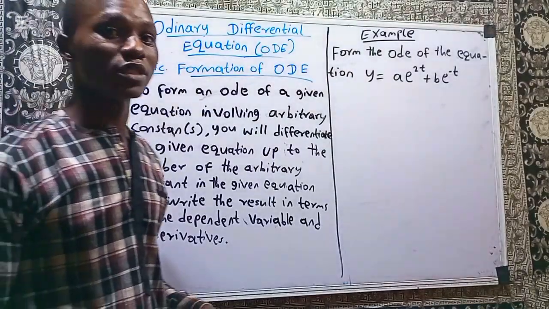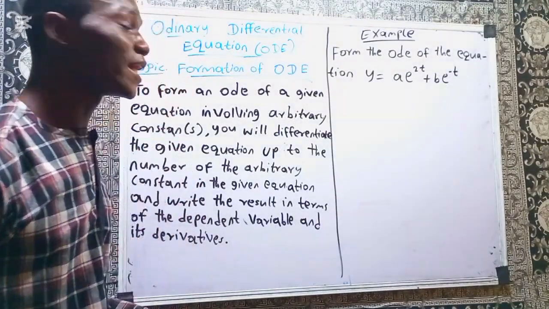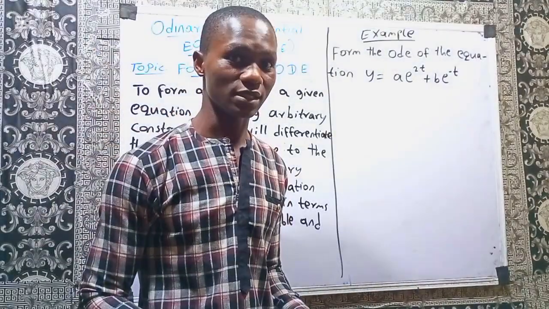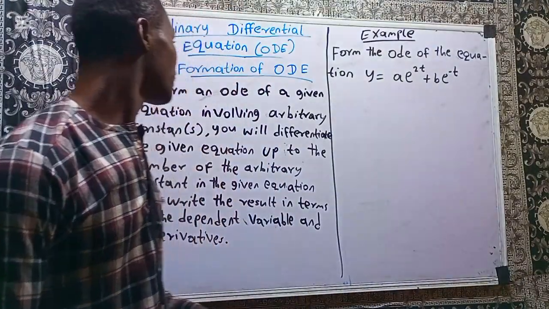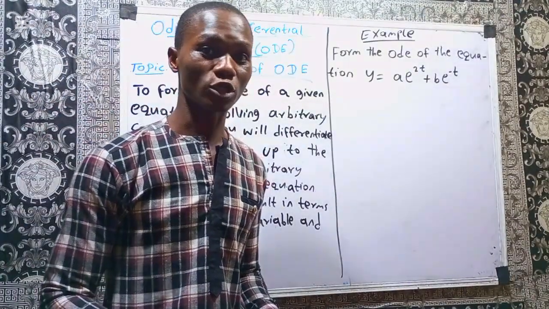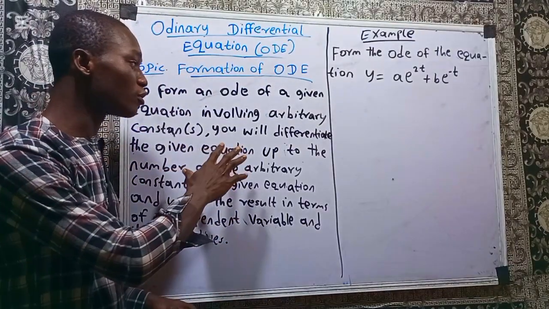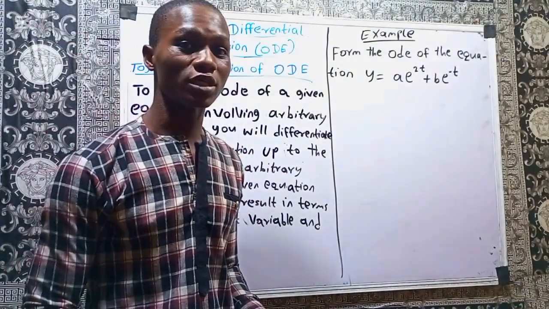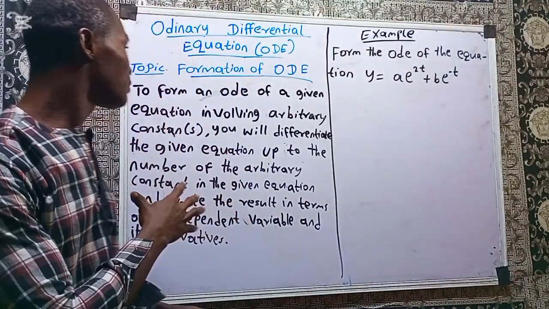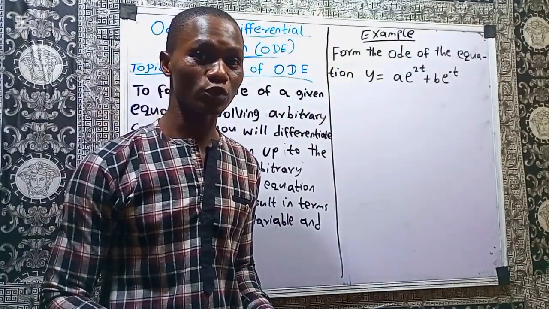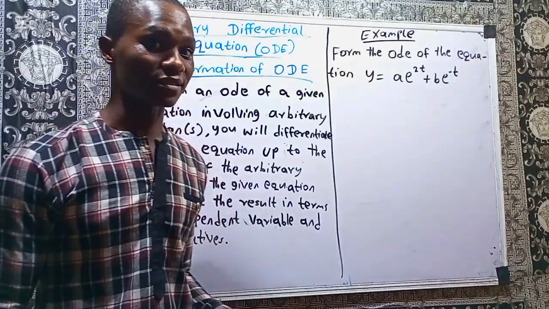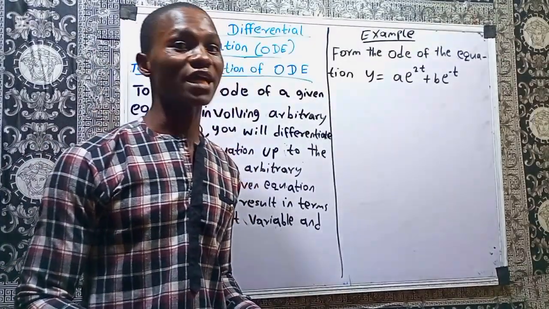Now, if you want to form an ODE from a given equation, that equation that will be given to you will have what we call arbitrary constants. If that equation is given to you, you are going to differentiate that equation. All I wrote on the board here is that if an equation is given to you and that equation involves arbitrary constants, and you want to form an ODE from that given equation,